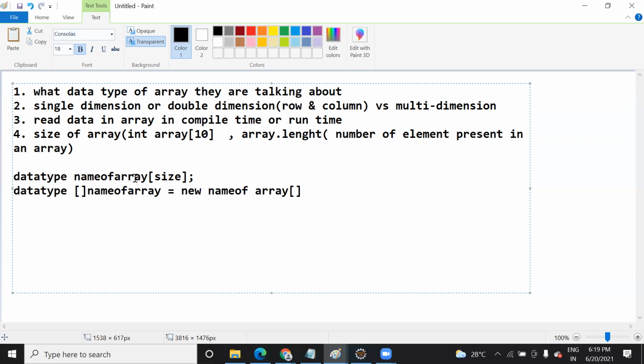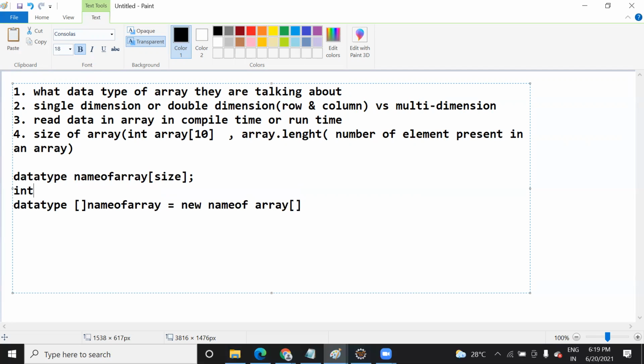You can define the size here also. Okay, so you can declare it like this. For example, int, name of the array, suppose Akshara, and here you will define the size. It means that Akshara is an array that is going to hold 10 elements.